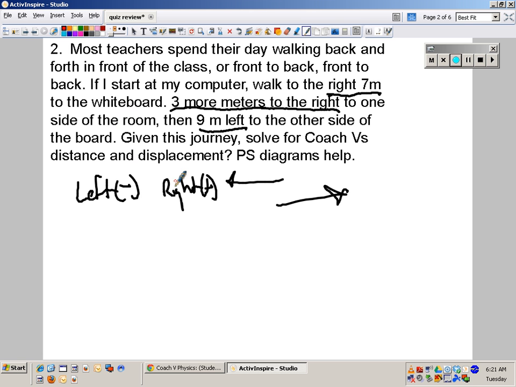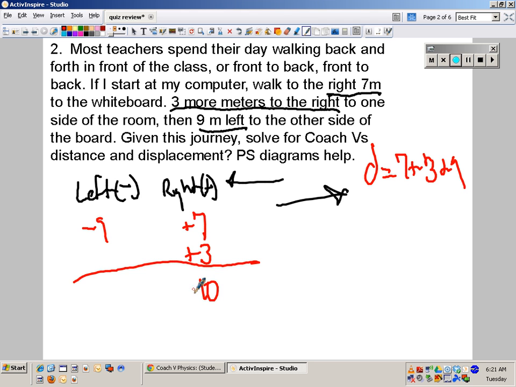7 to the right, plus 7. 3 more meters to the right, plus 3. 9 meters to the left, negative 9. Now when we find your distance, you just add them up. When we find your displacement, we need to find the difference between these two, positive 10 and negative 9. Displacement equals positive 1, and that means